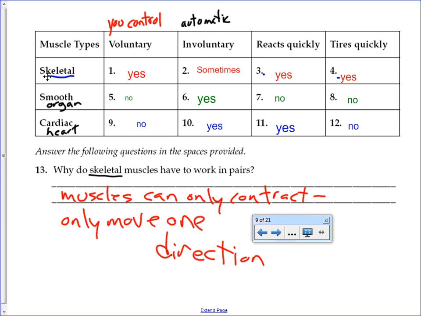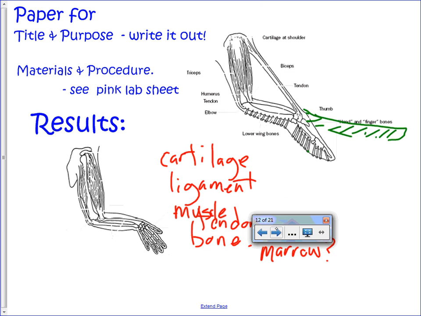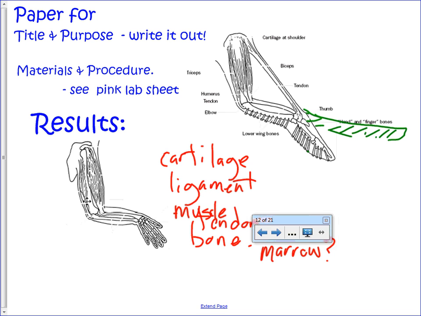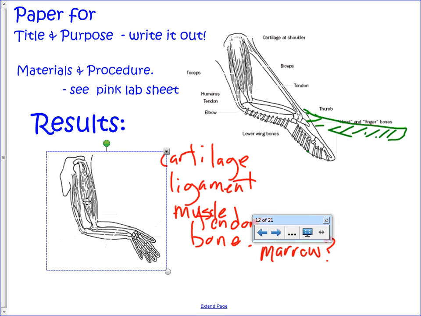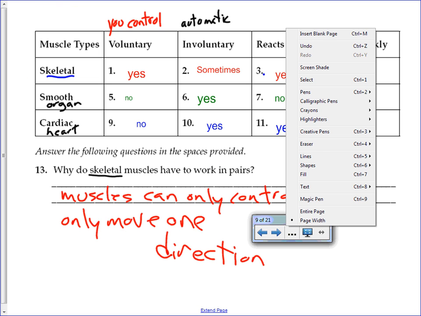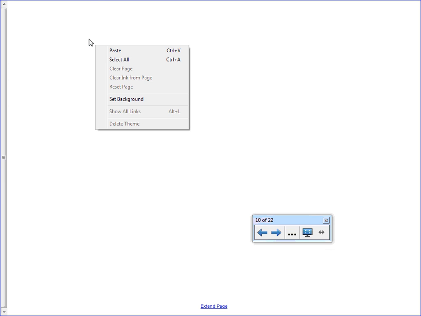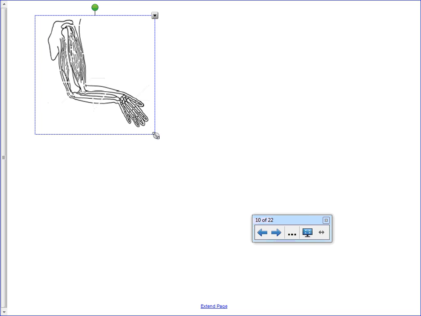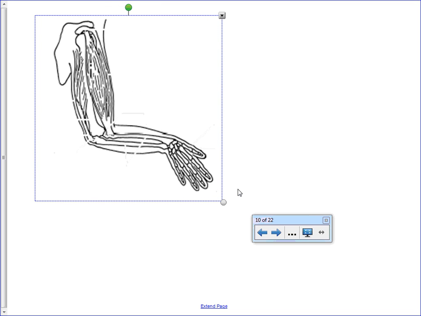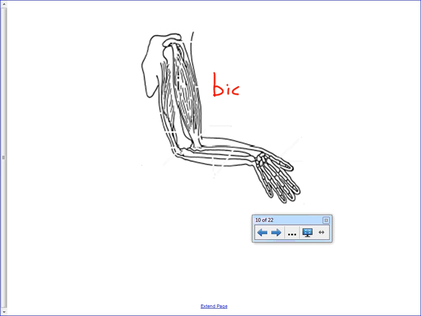And so everybody can do this right now, right? So if you got your bicep and your tricep, right? And I think I have a picture of them here. Aha. That's actually a chicken wing. Here's, oh, let's take this. We're going to take this and move it back over here. Okay. So let's take the arm muscle here. Now we can look at a couple different muscles here, and I want you guys to try this. So this, of course, is the bicep. And this is the tricep.